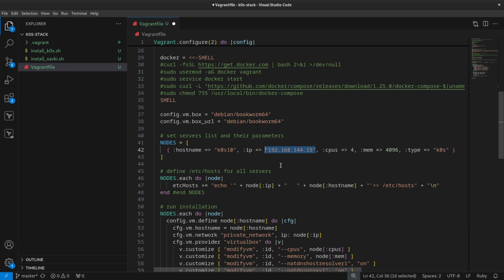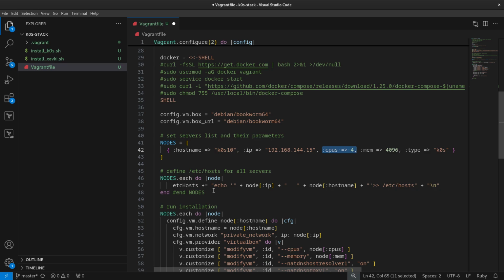Be careful, if you install VirtualBox, maybe this IP usage is not allowed by default, so you need to edit the /etc/vbox configuration to allow this IP or this range of IPs. For the CPU, I want to have 4 CPUs to be easy with Kubernetes, and the memory, 4 gigs of RAM. It's quite good.